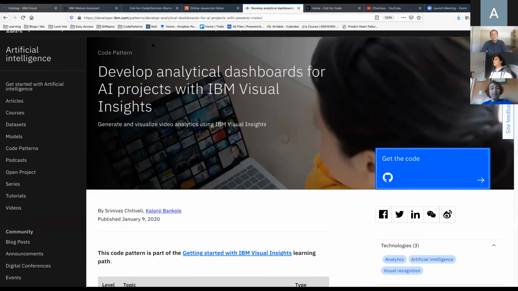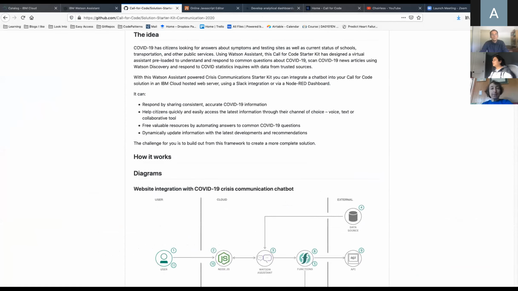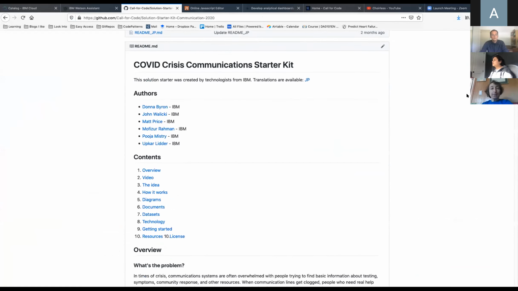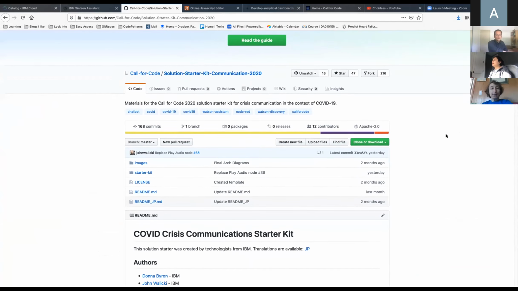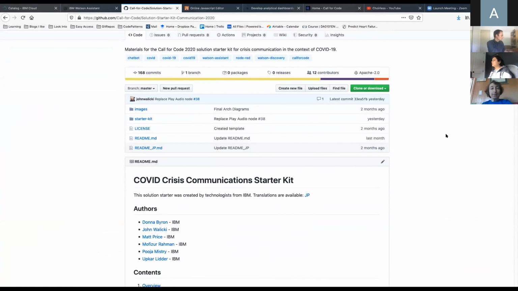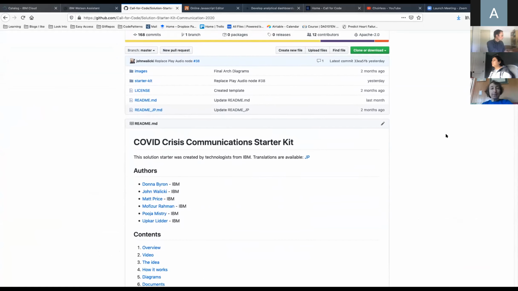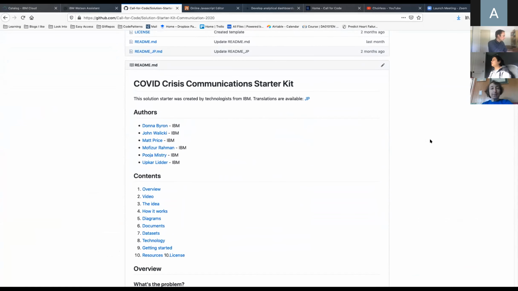I wanted to show you one example that our team, myself included, created: the starter kit. I know right now a lot of you are working and probably going to school remotely. The one big thing with this COVID pandemic is that we all need to be able to communicate and get the right information across.